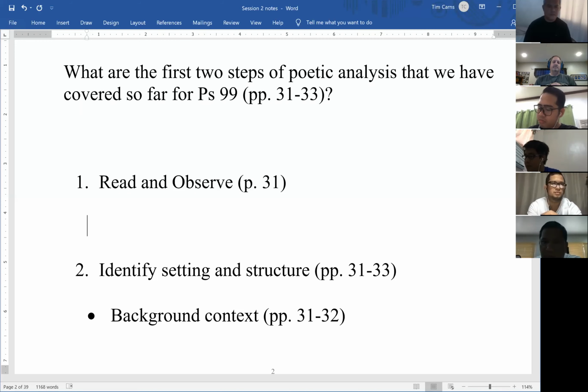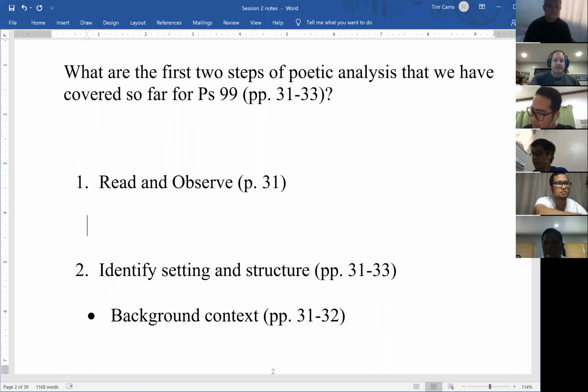Who is he writing to? The recipients. The occasion for the psalm. Do we know what prompted the psalm? Was there a certain event that created it, or was it written for a certain type of event? Was the psalmist going through a particular struggle, or did something good happen to the person writing it? And then also, we're looking for what places are mentioned. Are there other people mentioned in the psalm? That's the background context that we talked about last week.